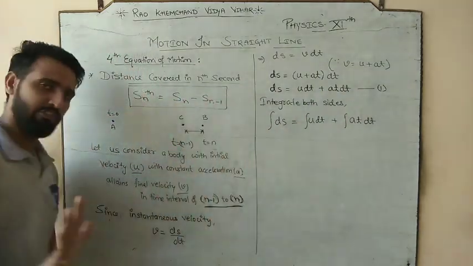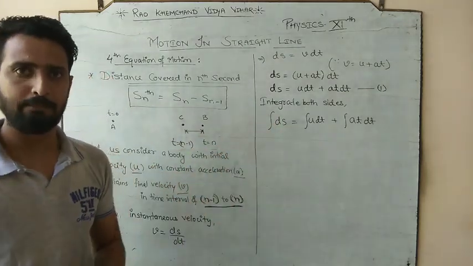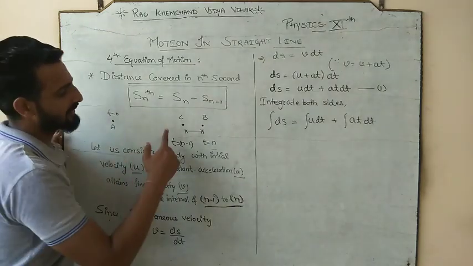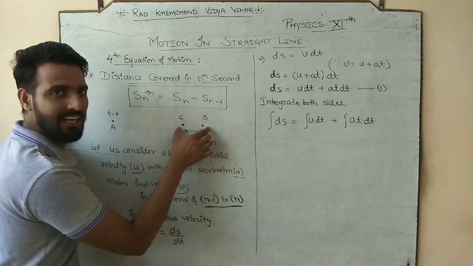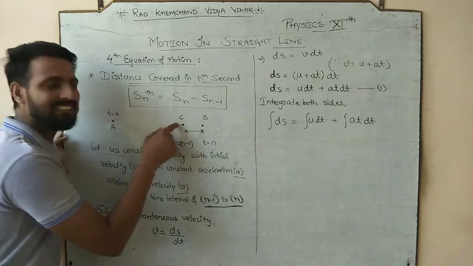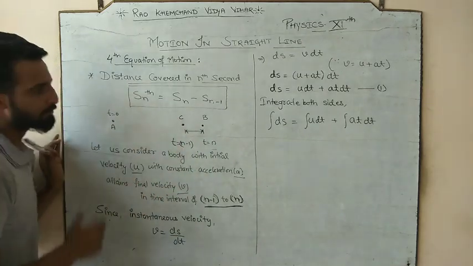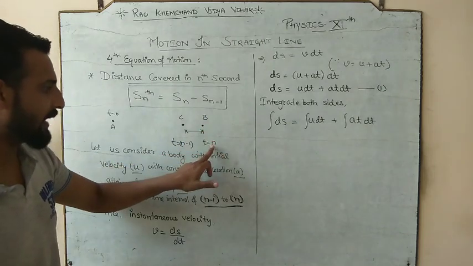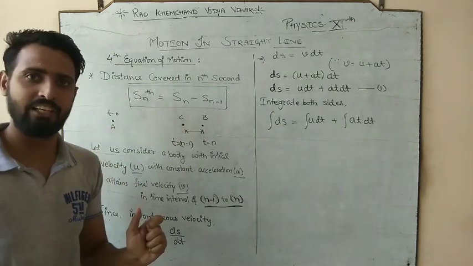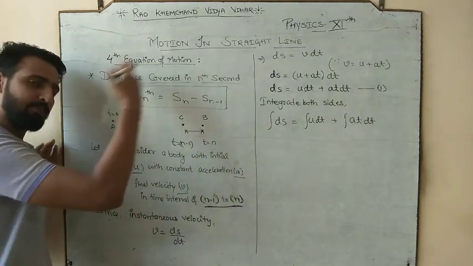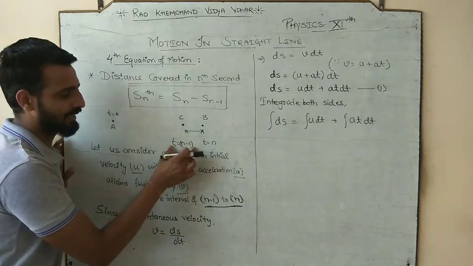What is the ds? First of all, let us try to understand. ds stands for the displacement, and here we want the displacement of the body from C to B. हमें बॉडी का डिस्प्लेसमेंट कहां से कहां चाहिए? C to B. What is the C point? C is that point where the time was n minus 1, and B is that point where the time is n, because we want the distance in the nth second. हमें केवल nth चाहिए, तो nth के लिए n और the preceding second n minus 1 के बीच का डिस्टेंस चाहिए.